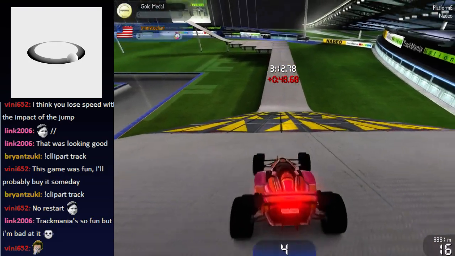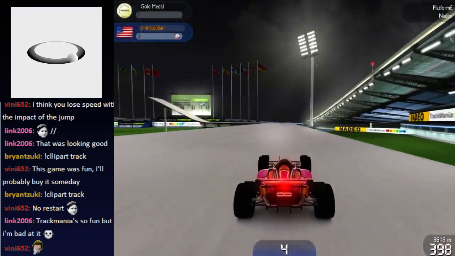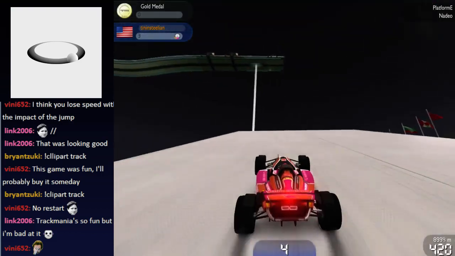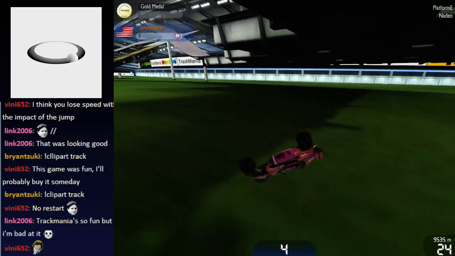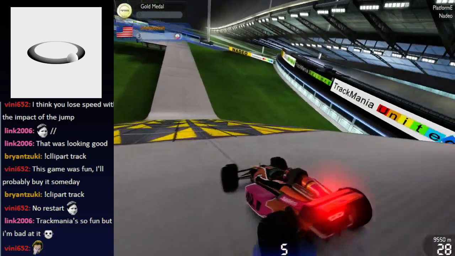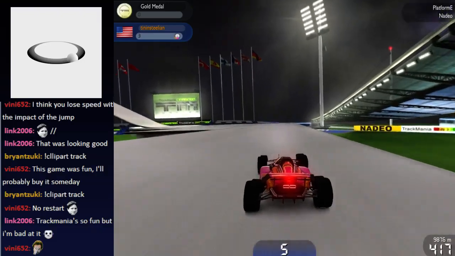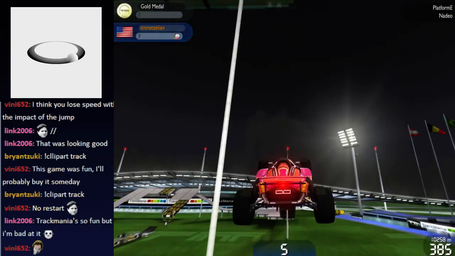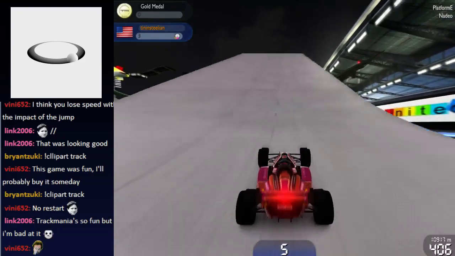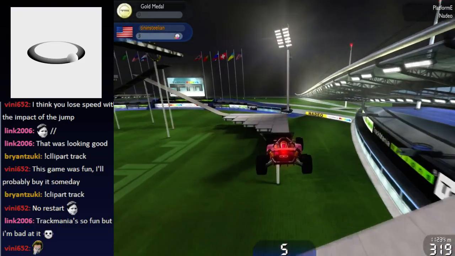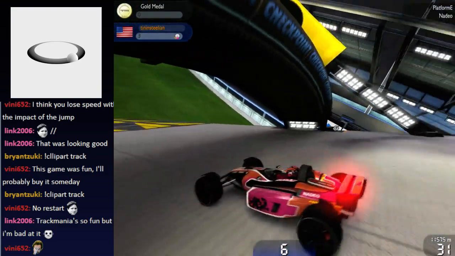this, oh, hold on. This is the last checkpoint. So you have to reverse up there, or else you won't have enough speed for this first jump. And then you have a super long jump, which I was just a tad too far left for. And let's see if we can make this one. Nope. Not even close. That's what keeps screwing me over, that second jump, and I have no idea how to